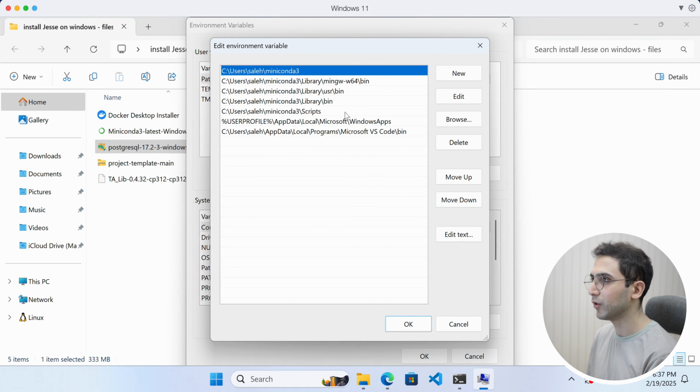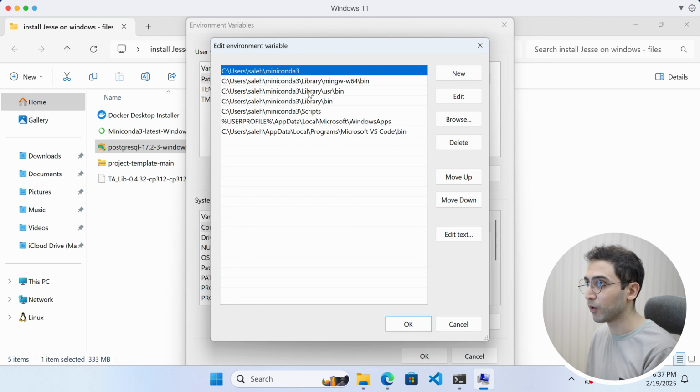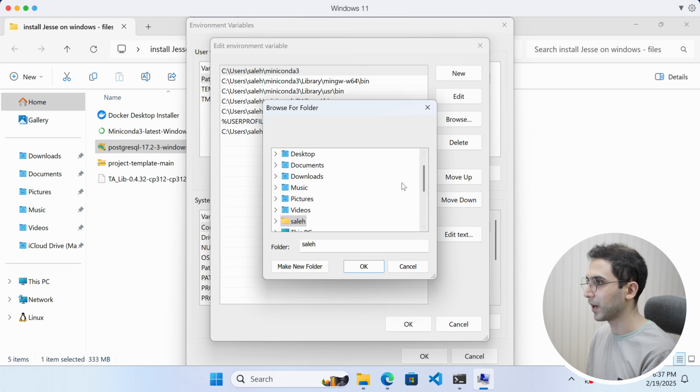The default is set on path. Click on edit. Now here you can see the things that are already added. For example, we earlier set up miniconda, and if you remember, our terminal did recognize the conda command, and that's because we already have it inside the path. All right, now that I need to add a new one, I'm going to click on browse, and from here